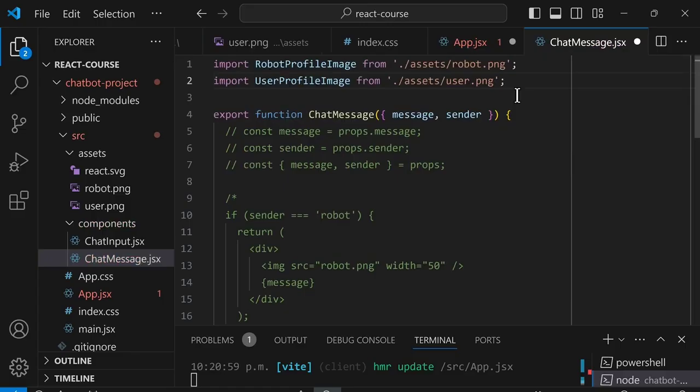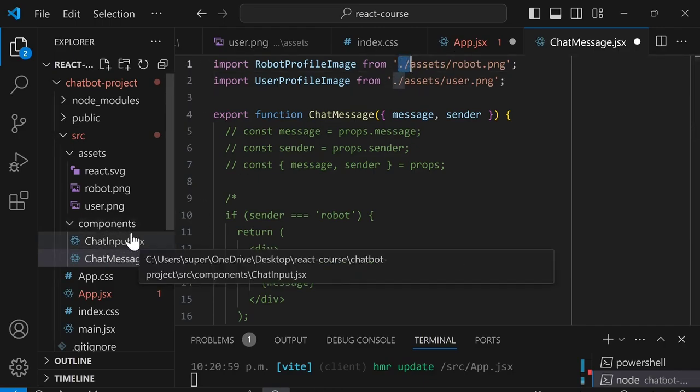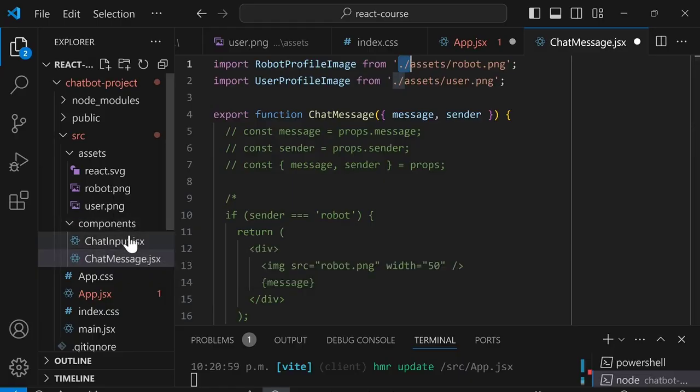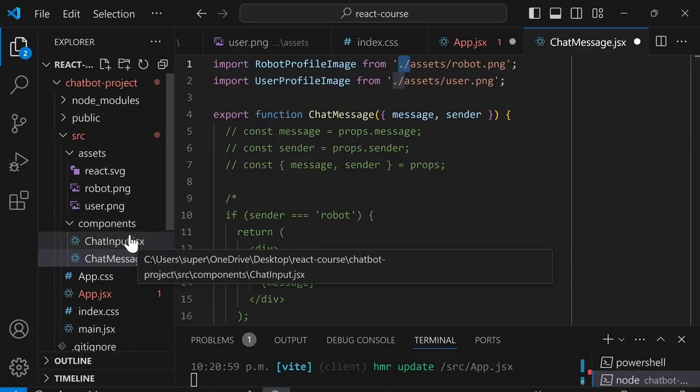Now, one thing we need to be careful about is that we may need to update these file paths. So now, this file is inside the components folder. That means ./ is going to start at the components folder. It's not going to be able to find the assets folder anymore. To fix this,